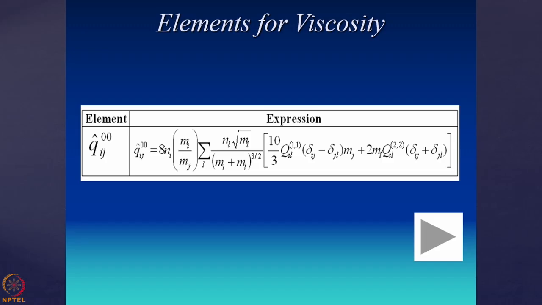Now I was telling always that the elements are expressed in terms of the collision integrals, and there is some algebraic relationship between these elements and the collision integrals. And how do they look? That has been just for one example, that how the relationship may be. So they look like this, okay. Just this is for the elements of viscosity. I have just shown over here. So this is like that, and as you go for these other elements like Q01, Q02 or Q21, Q22, they will look a bit more complex, but anyway they are algebraic expressions and completely manageable.